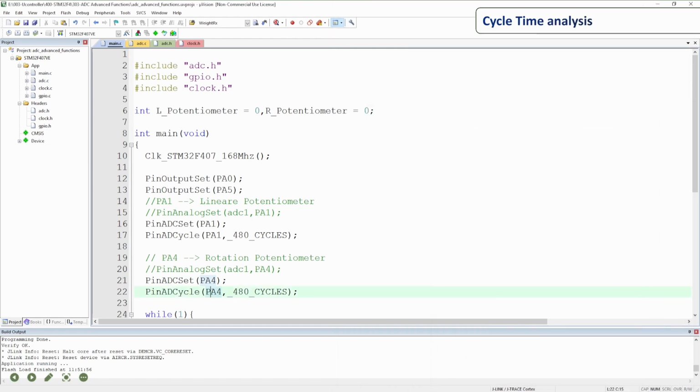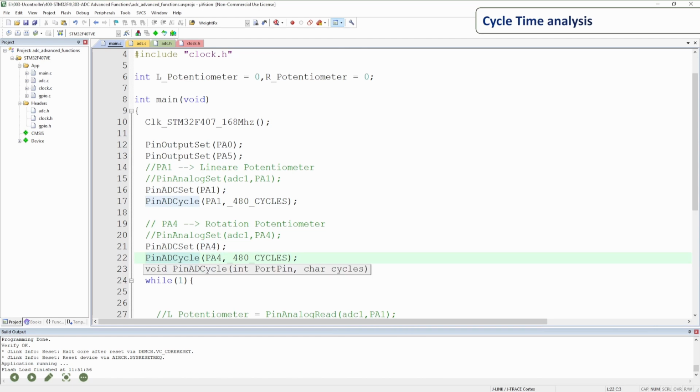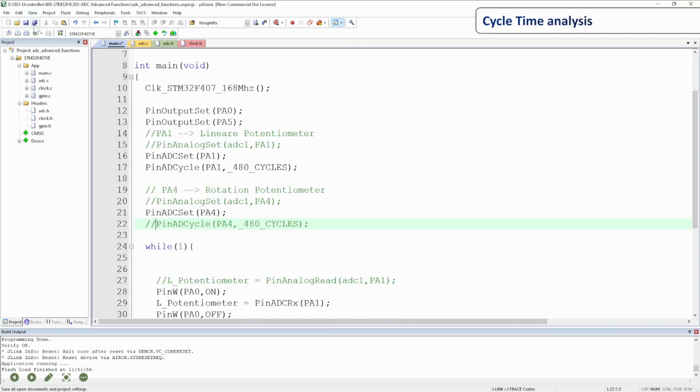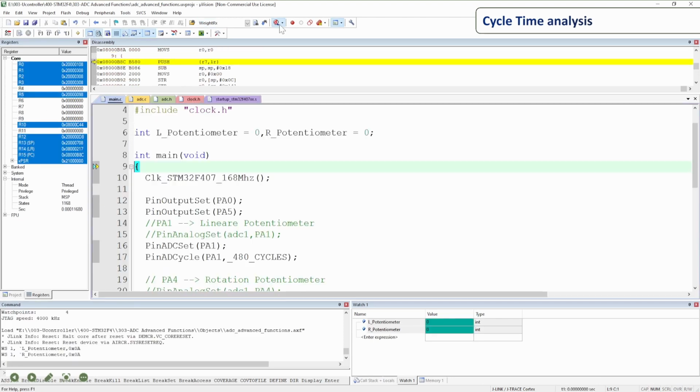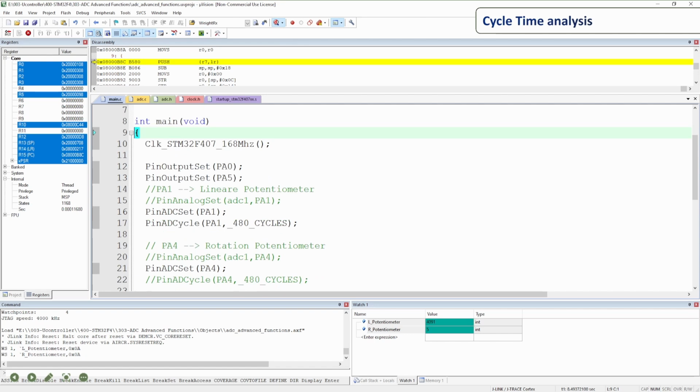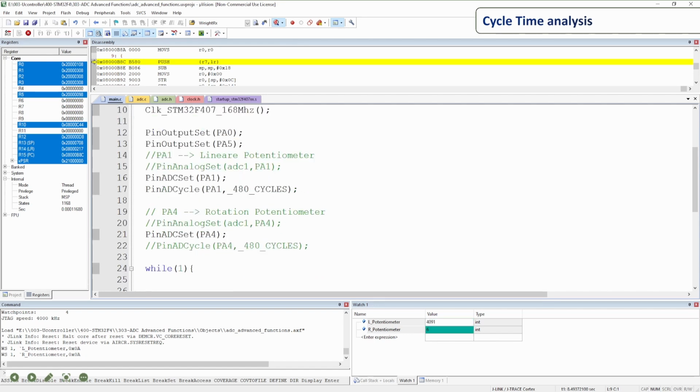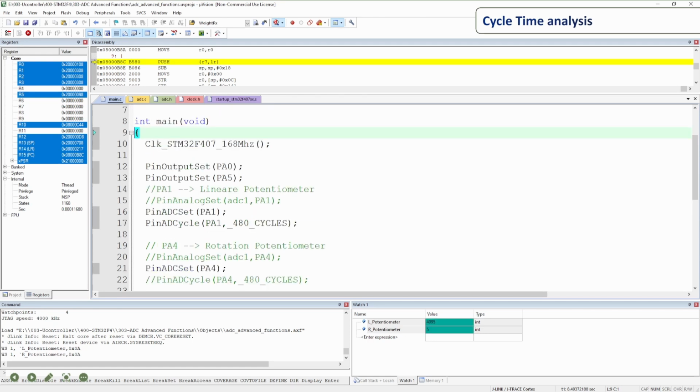So finally, before we get there, let's comment out the PA4. Let's build and load again and go into debug mode just to see how the values are going to behave. PA4 is only about 3 cycles, whereas PA1 is 480 cycles. PA1 is connected to the slider potentiometer, and you see that the variation here is really